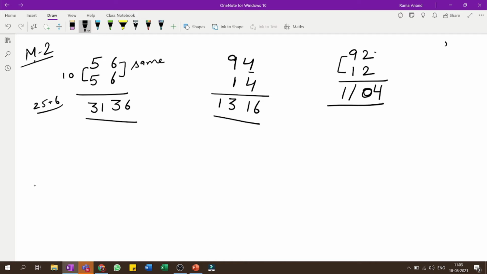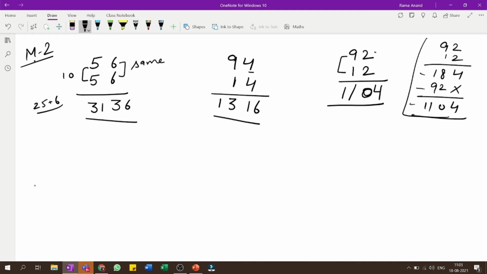You can just try, as you normally do addition. So see, this will be my answer. So this is the same, but instead of doing it in 3 steps, we are doing it in a single step. Let's take another example.